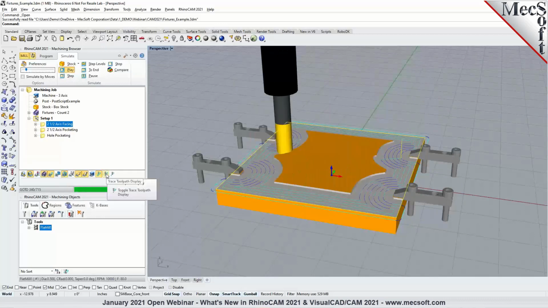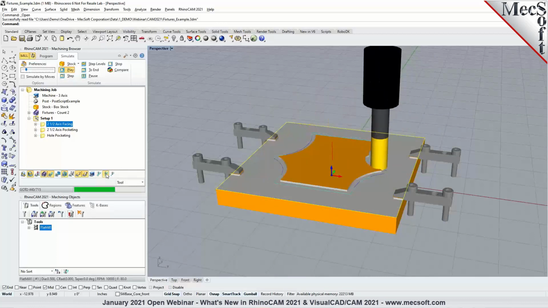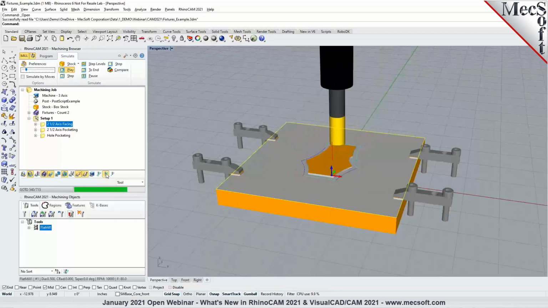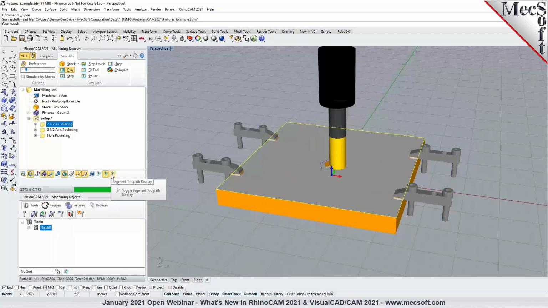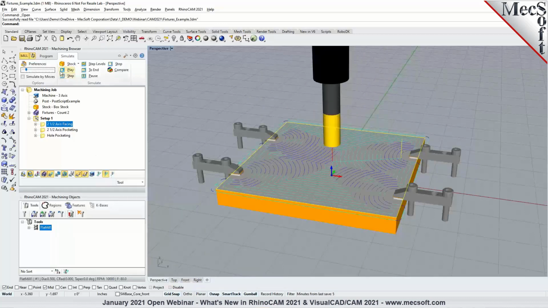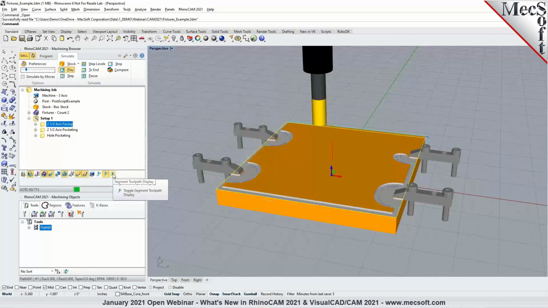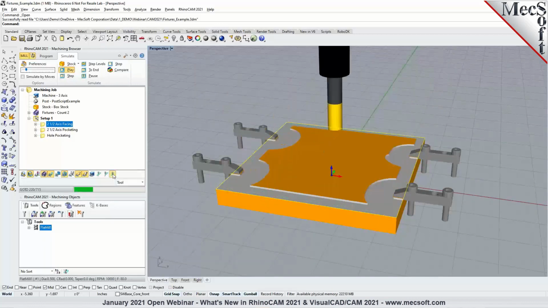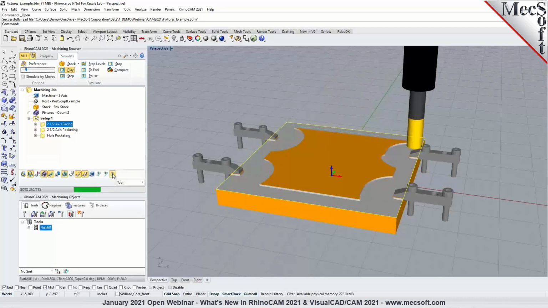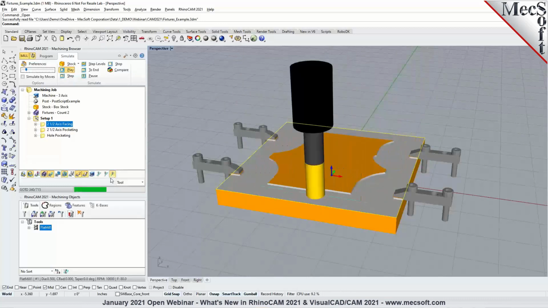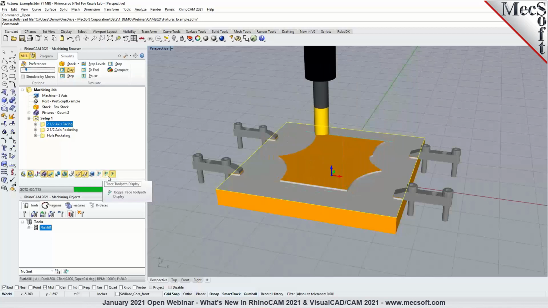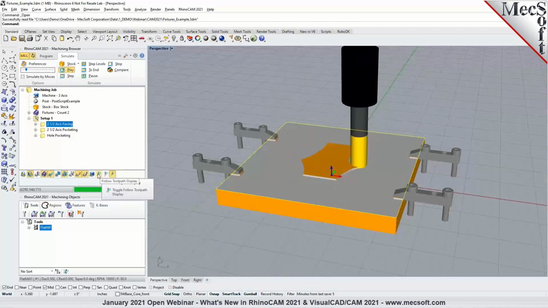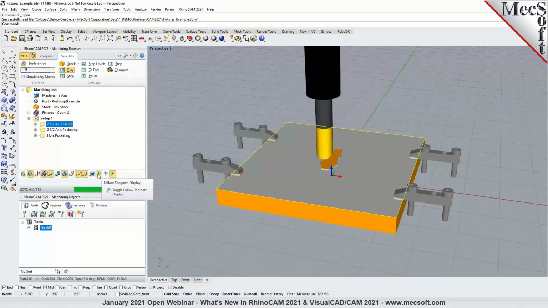Now you have the option to use a trace toolpath method. So basically it eliminates the ones where the cut material simulation has already been performed, or you could select what is called the segment toolpath, which only displays the toolpath for the segment that's currently being simulated. So you can toggle between these 3 options, and this is available in all of our configurations of our product in the mill module,